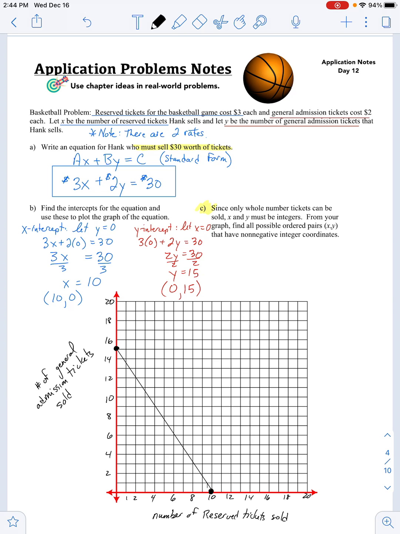So if we take a look, the next point that looks like it lies on a grid line would be 2 comma 12. How do we know if 2 comma 12 works? Well, the way you could determine if it works is you plug it in. So if you did this, I'm going to put a little check here, I'm going to get 3 times 2 plus 2 times 12, which is 6 plus 24, and that's equal to selling exactly $30